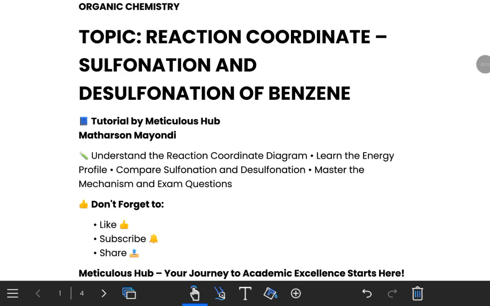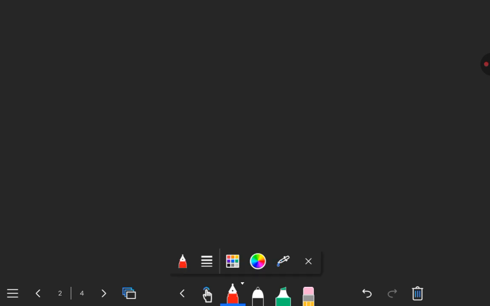In this session, we'll look at reaction coordinates for sulfonation and desulfonation of benzene. But before we can draw the reaction coordinates graph, let's first understand the reaction for sulfonation and desulfonation of benzene. So, we'll start with